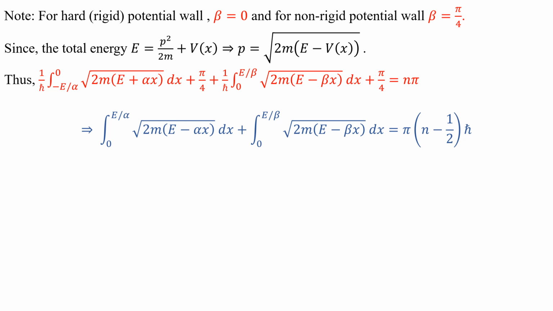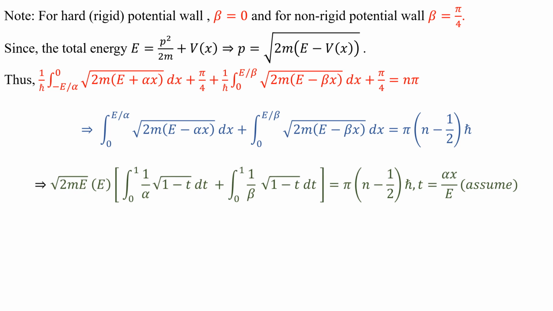Further solving it, we get the integration from minus E upon alpha to 0 plus the integration from 0 to E upon beta of square root of 2m (E minus beta x) dx equals pi (n minus half) h cross. Taking the common square root of 2mE and assuming alpha x upon E equals t, we then get integration 0 to 1 upon alpha of square root of (1 minus t) dt plus integration 0 to 1 upon beta of square root of (1 minus t) dt equals pi (n minus half) h cross,